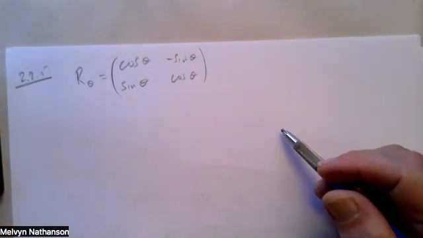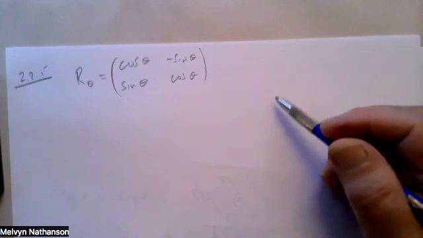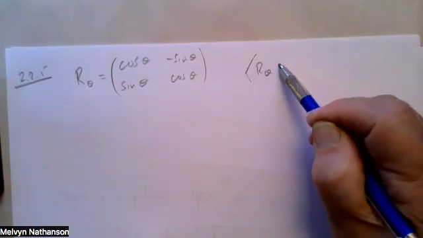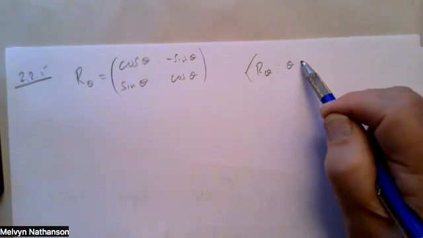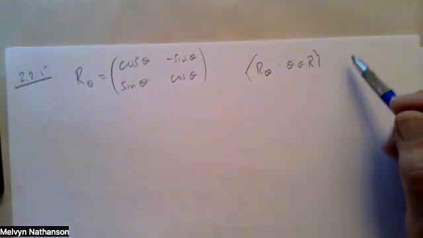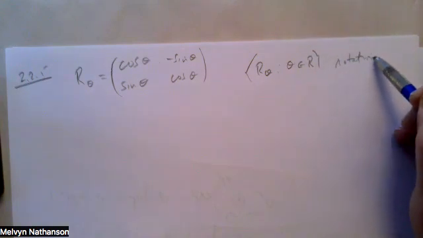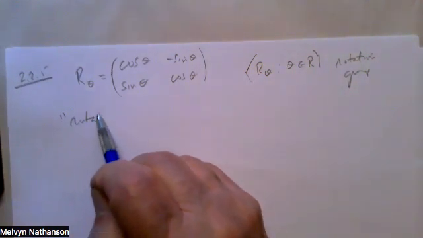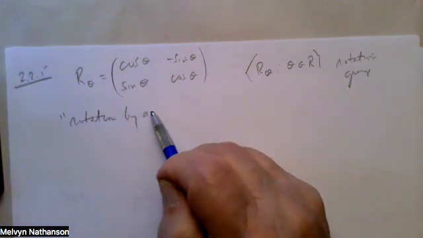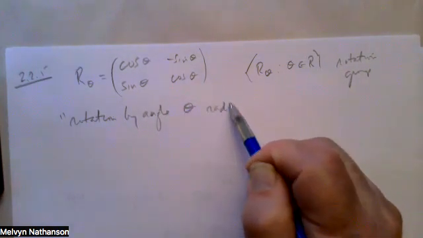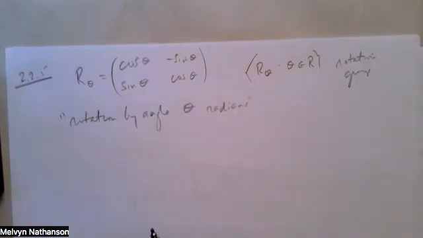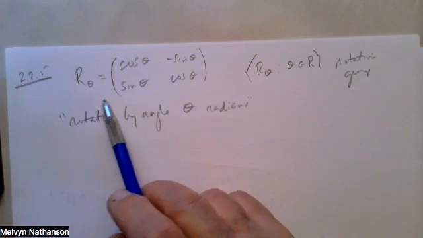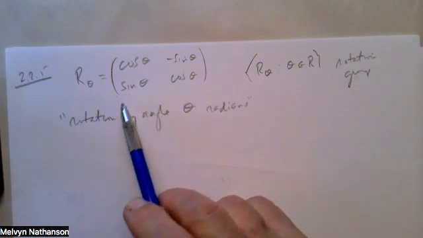And we look at the set of all R theta for all possible numbers theta, theta in R. And this is called the rotation group. And we call this rotation by an angle of theta radians. And why is this a rotation? So if you think of this as a matrix acting on vectors in the plane,